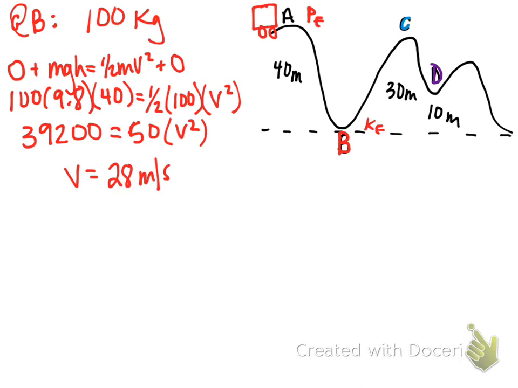Okay, agreed so far? Okay, that was pretty simple, right? All potential to all kinetic. So now if we want to go to point C, there's a couple ways we could do this. We could go from B to C, or we could always just go from point A to